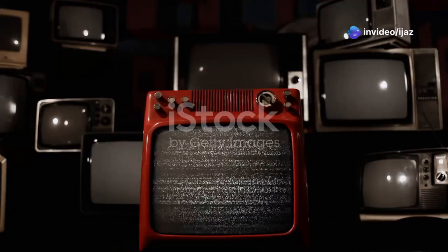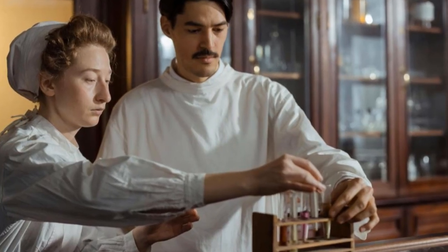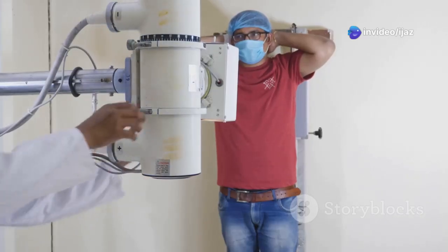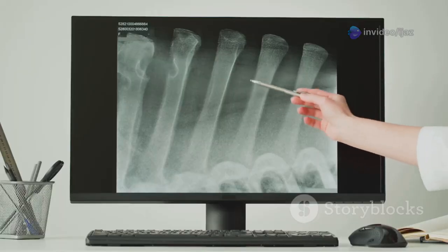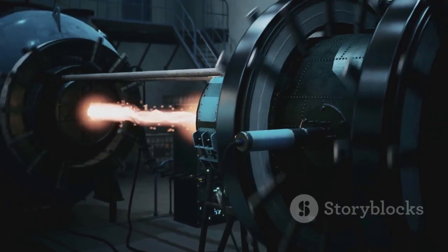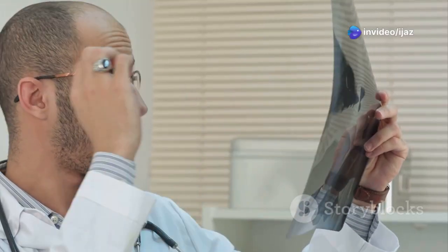The path of X-ray technology has been one of constant evolution, from those early, wondrous and sometimes dangerous experiments, to its vital role on the battlefields of World War I. Through the development of safer practices and better equipment, the transition from analog film to instant digital images, and its expansion into countless fields beyond medicine, X-rays have consistently proven their value as a tool for diagnosis, for discovery, and